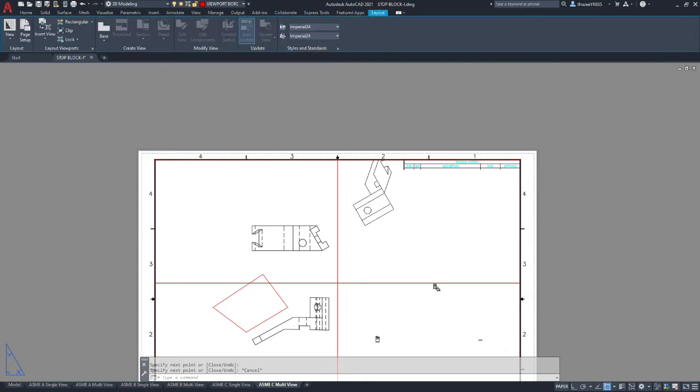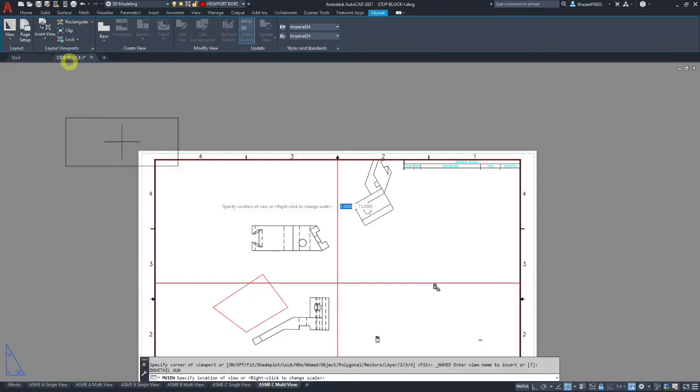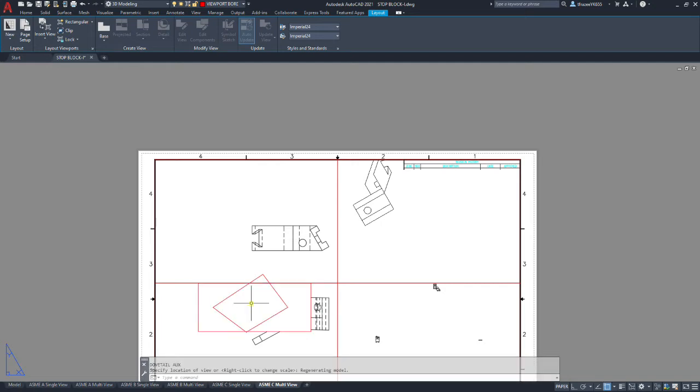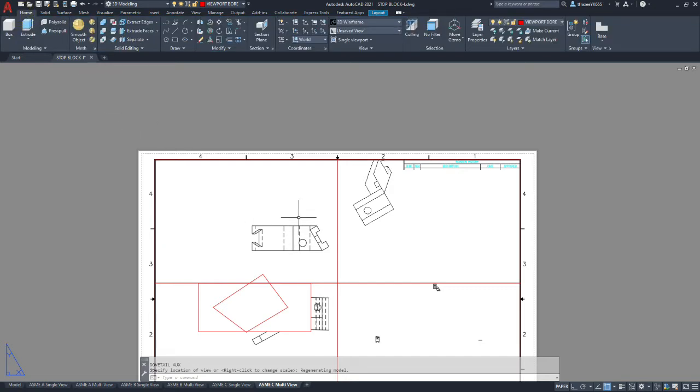We're going to go to Layout, Insert View, and pick the saved view that we had made for the dovetail, and place it. You see how it's a big rectangle by default, and it covers up part of the front view. The polylines that we drew in red ahead of time will be what the view is going to be trimmed to when we get it positioned.